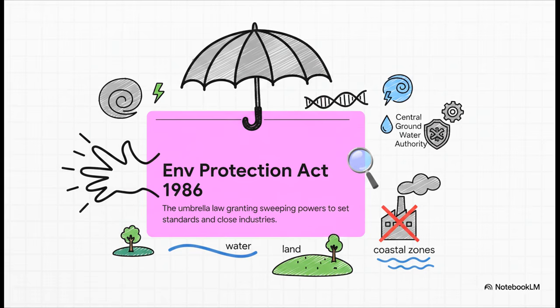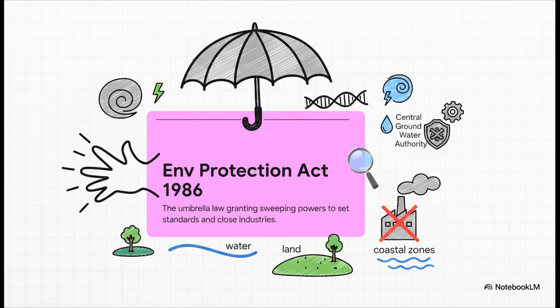So the crucial point you need to remember is that this is universally known as the umbrella law. It covers the whole shebang: land, water, air, noise, coastal zones, wetlands, and even genetically modified organisms. Under this act, the central government is granted sweeping authority. We're talking the power to inspect literally any place, set incredibly strict environmental standards, and straight up close non-compliant industries. Because of this overriding power, it's also the launchpad for creating highly specific regulatory bodies, like the Central Groundwater Authority